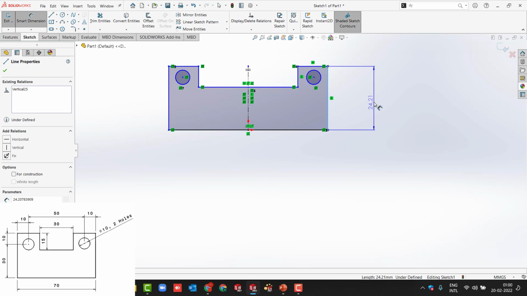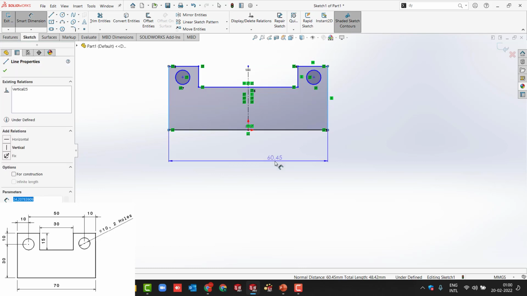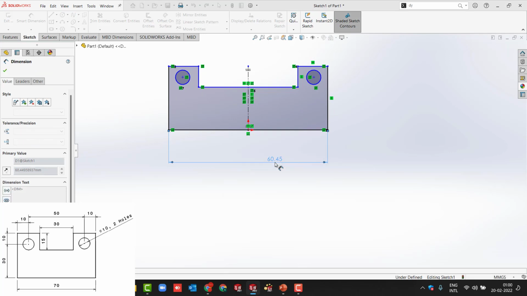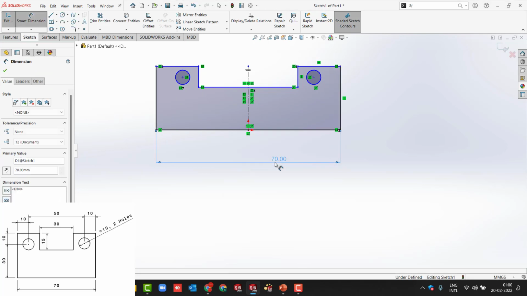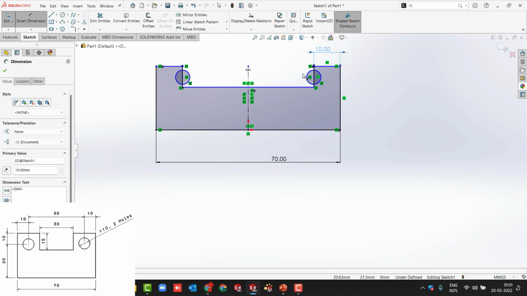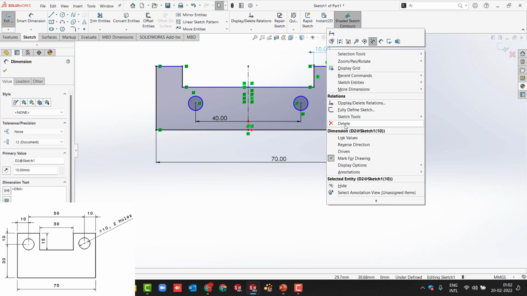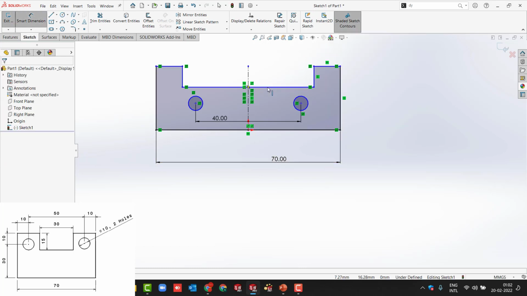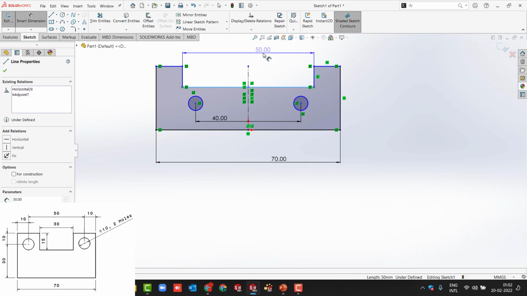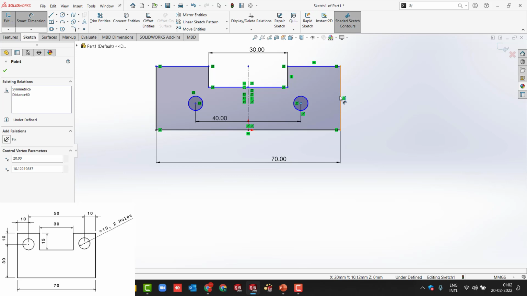Dimensioning now, the complete dimension, I'll go with the standards. So this should be 70. This is 10. Actually, this is not 10 here, you need to delete that. This should be 30. And then from here to here it is,